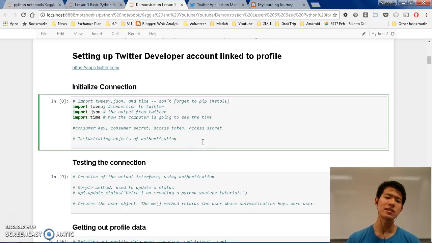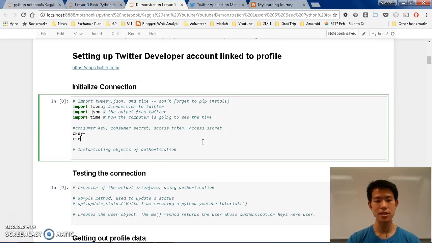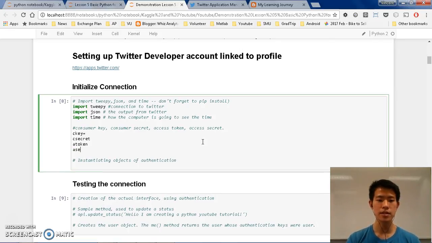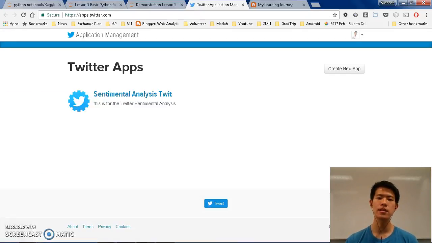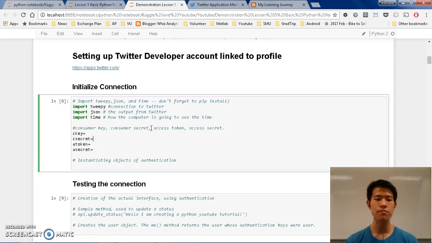Second thing that you need is that you need to list down your consumer key. Okay, so let me put C key, C secret, A token, and A secret. So these are very important. And how do you know this? Well, how you know this is that you can take a look at this, which we have generated when we create applications, and just copy paste.